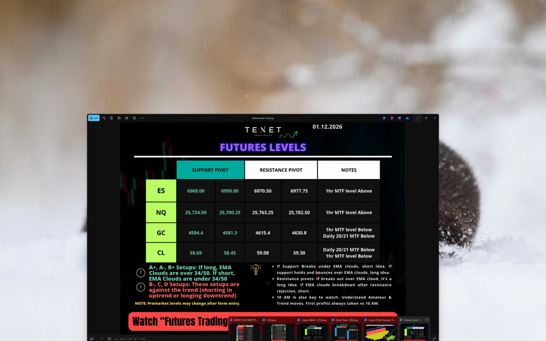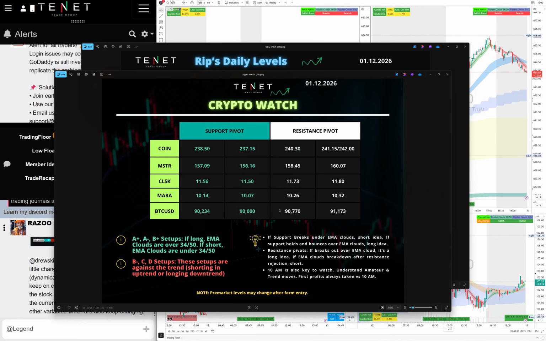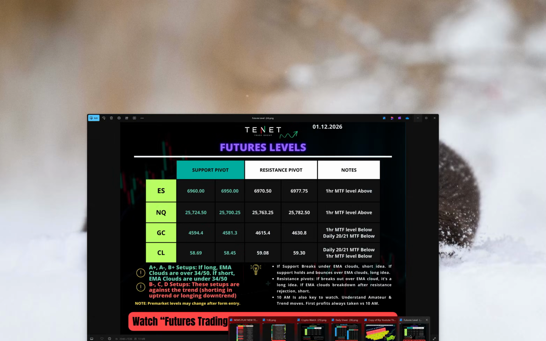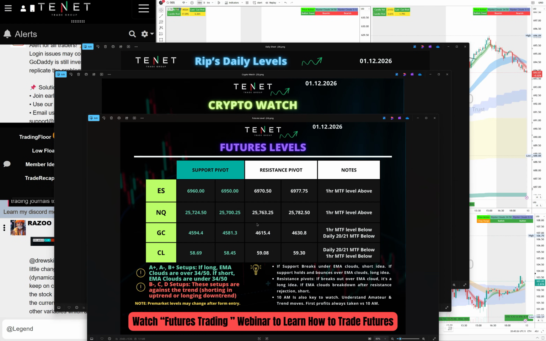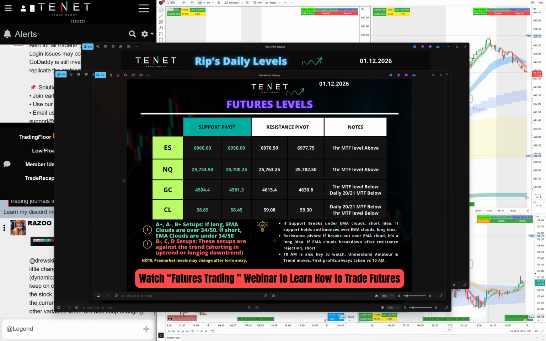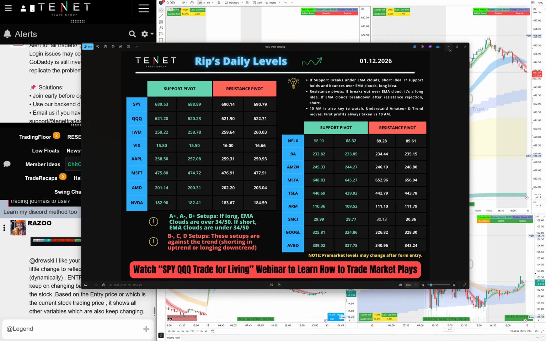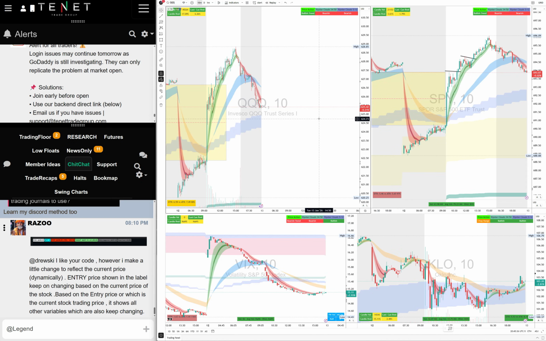Let's take a look at the next here. We also trade crypto stocks, anything that moves with crypto, Bitcoin. These levels are provided to the traders in the pre-market. We also trade futures, ES, NASDAQ futures, gold futures. We also trade silver. We're going to be adding that in our watch list as well. So everything is provided to the traders in the pre-market, so they can plan, they can use the Ripster cloud system to trade successfully, keeping losers small, winners big. We trade IPOs, we trade low floats.